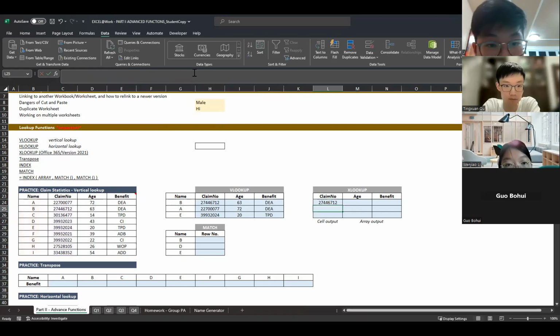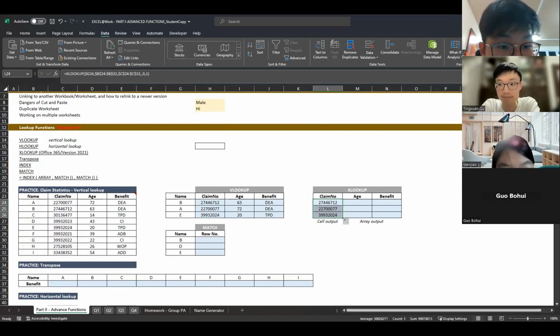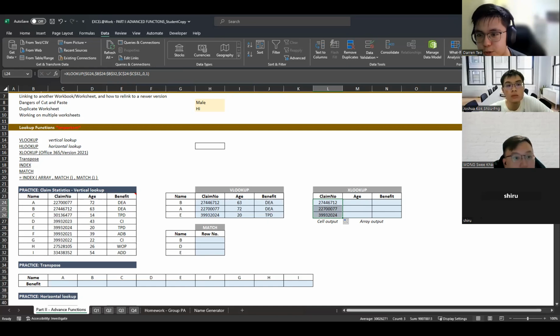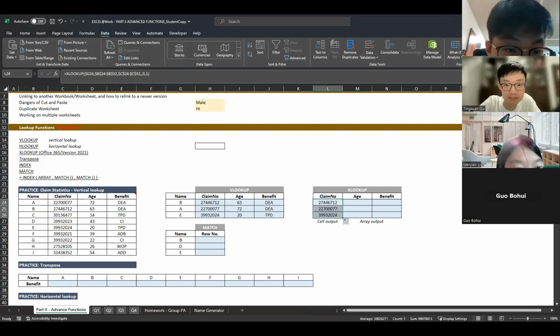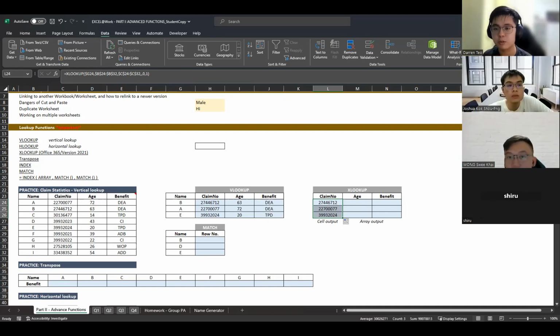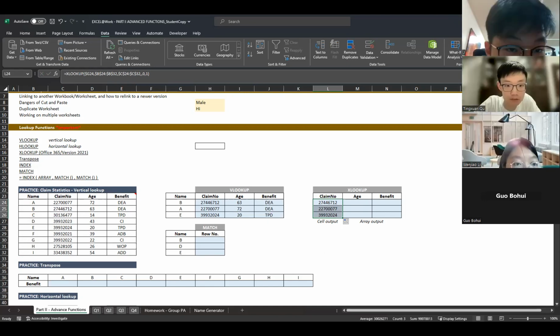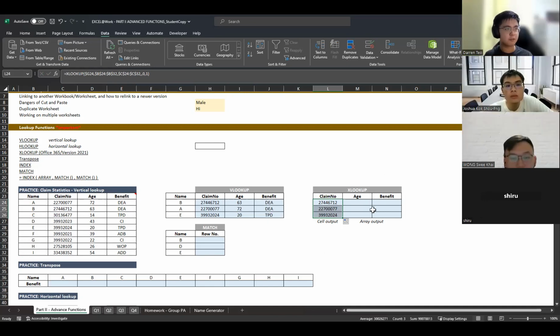Okay, then let me just close this. Then this will give me the same output, exactly the same. And if I drag it down, this will be the output I will get. I hope you all are trying as well. Don't just look at me and input the formula. If you have any issues, you all can just let me know. Then we can go through it again. Okay. If not, then let me go through this part again.